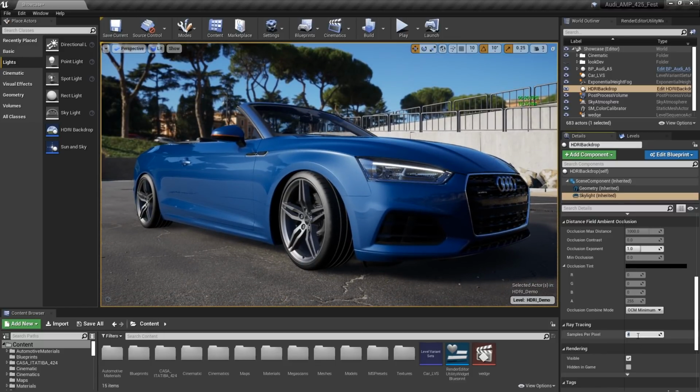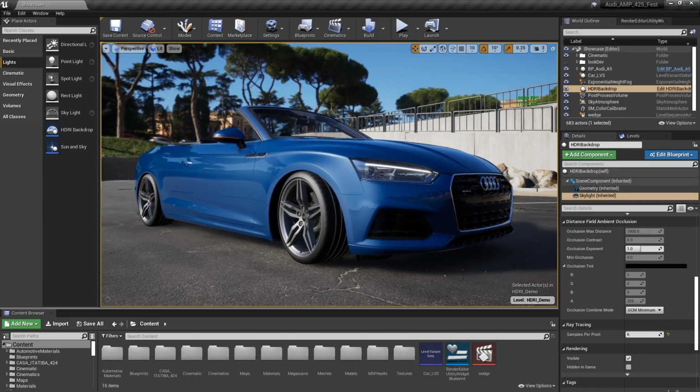And if I increase the samples per pixel, this is going to decrease noise. So if you have noise coming from the skylight, you're going to need to crank the samples up, but it's going to come at a cost. If we go up to 16 samples, we've added about 7 or 8 milliseconds to the scene. So this is going to be a parameter that you're really going to be balancing to find that visual fidelity versus frame rate that suits your needs. Just keep in mind that this is going to be scene specific and honestly image specific when you're playing around with it. So that looks pretty cool.